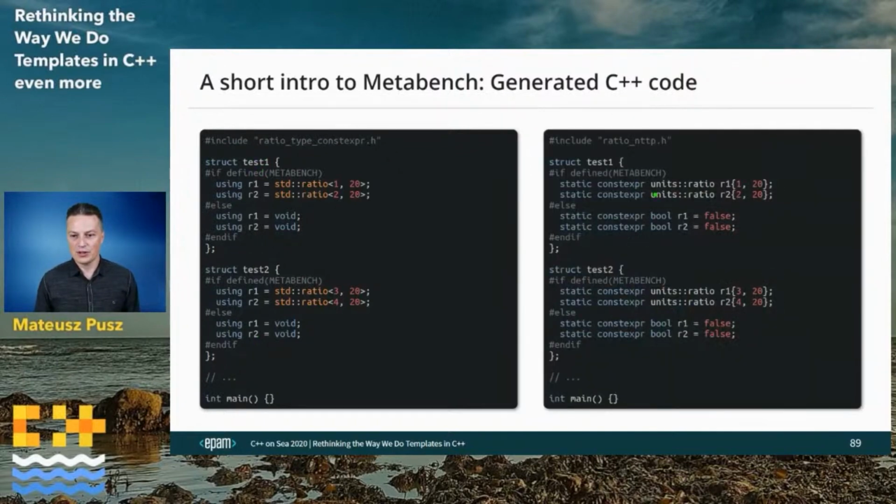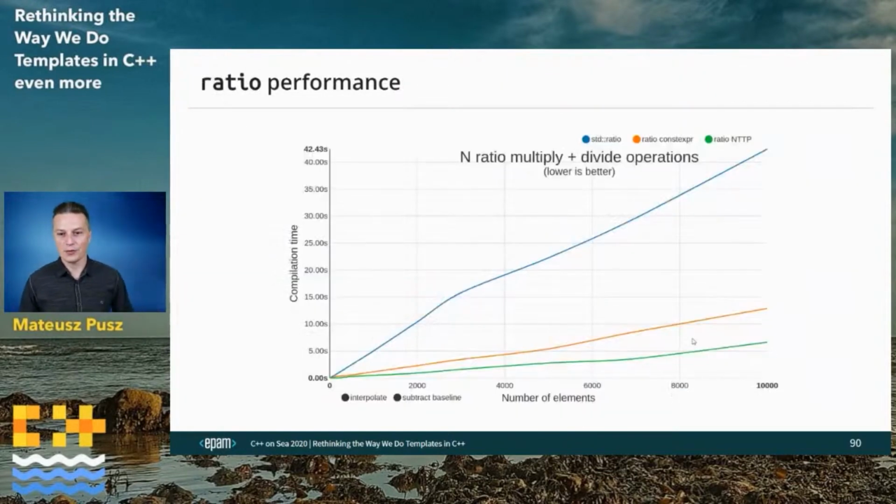For NTTP ratio, this is just this. And the results from running this tool are as follows. This is the standard implementation of ratio with these class template instantiations. The orange one is the other technique, with constexpr functions being used, that I said is C++14 compatible, but not